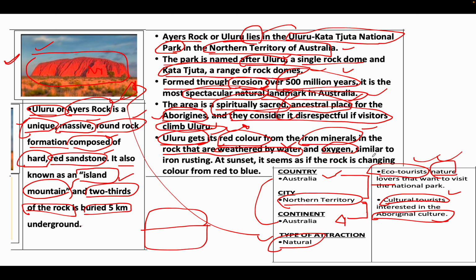So the color is similar to iron rusting, like steel that is getting older. When there is a sunset, it seems as if the rock is changing color, from red to blue. When the sun is going up, the color changes from red to